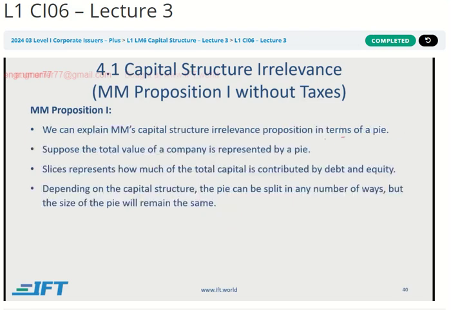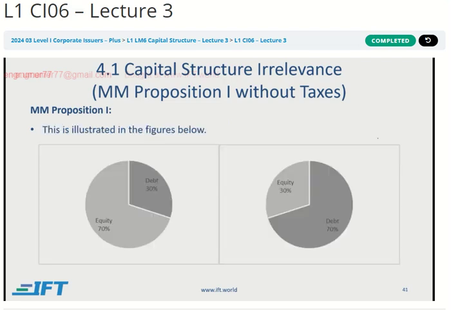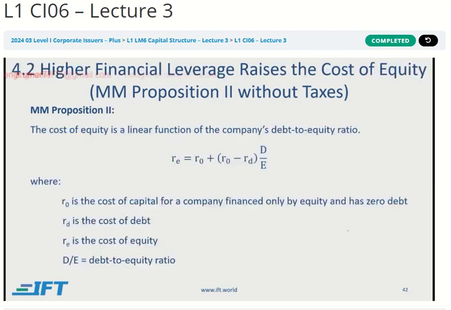They have explained this in terms of a pie, and let me show you that no matter how you cut this, the value of the firm, the value of the levered firm or the unlevered firm versus the more levered firm, as debt goes up, it stays the same. It doesn't matter how much you increase the leverage. This is also leveraged, this is also leveraged, but obviously this is leveraged more. No matter how much you increase it, the value of the firm is not changing. That is what they are saying.